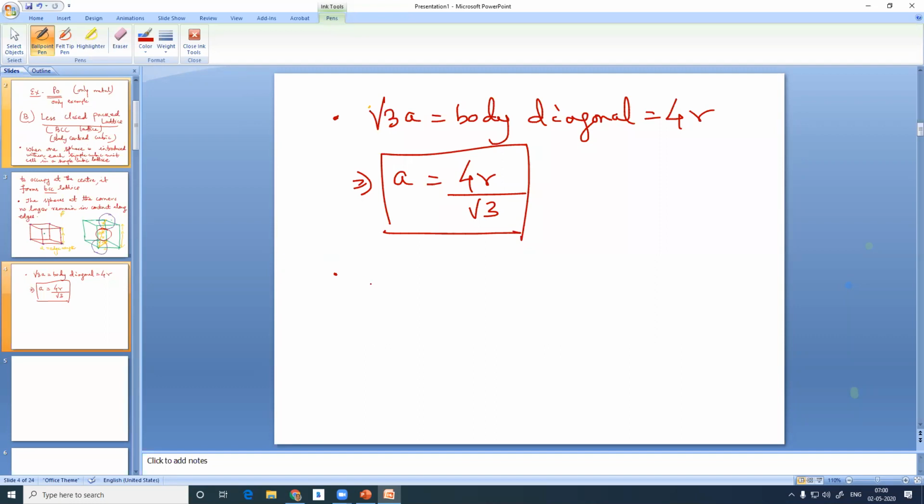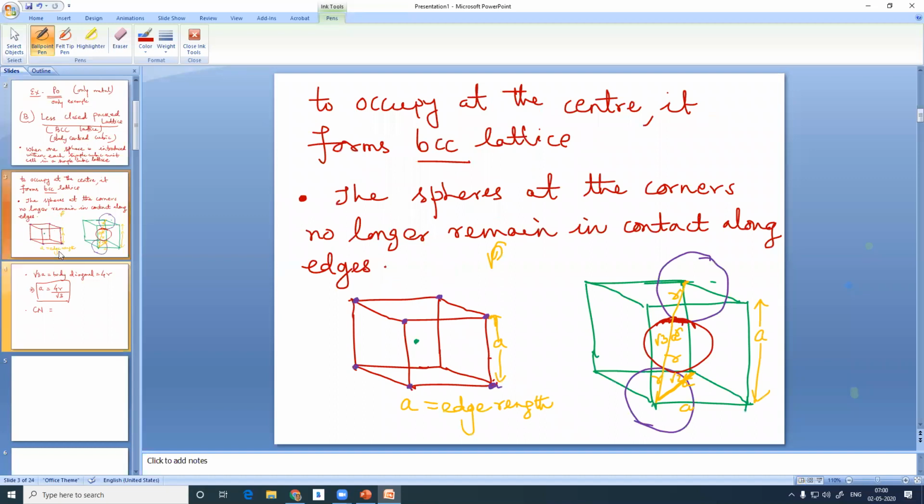And can I ask you the coordination number? Who can tell me that in such a lattice, any single sphere is in direct contact with how many other spheres? Just like in a simple cubic lattice, which is the worst kind of lattice, has 6: left, right, up, down, front, below. Similarly, what will be the coordination number in a BCC lattice, which is called less close packed? Why we say less close packed, you will know very soon.